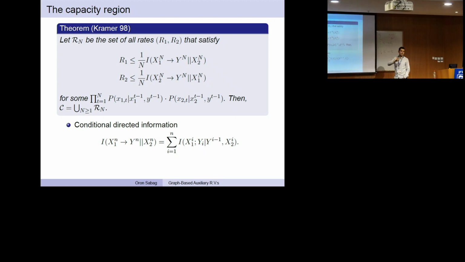all the history information that is available to you, which means that user 1, X1T, needs to depend on the entire channel inputs up to this time and all channel outputs up to this time. This is what achieves the capacity. But it is not computable. This is a multiletter